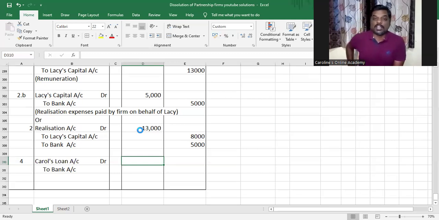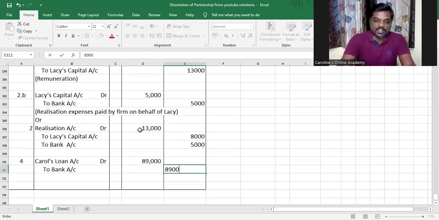The order of settlement of liabilities is first you pay off third-party liabilities, and the remaining money you pay the partner's loan. And with the remaining money, you pay the partner's capital, and whatever is left is distributed in profit sharing ratio. So if you transfer partner's loan account also to realization account, it ranks equally with the third party liabilities. It should not happen. Therefore, first you do the realization account and pay all the third party liabilities, and then outside the realization account, you pay the partner's loan, which is 89,000 in this case, and we have done it.